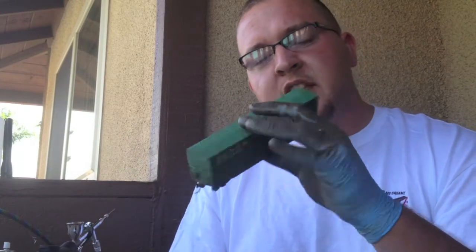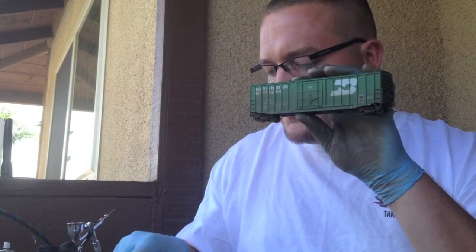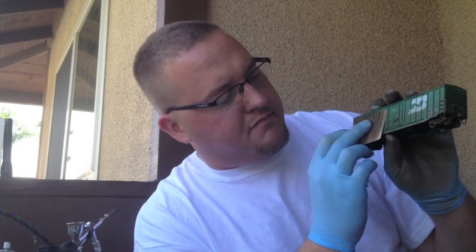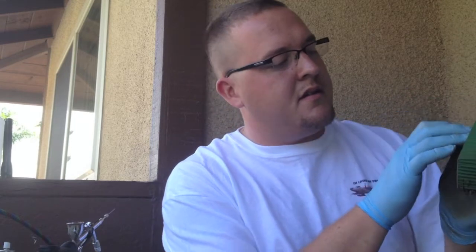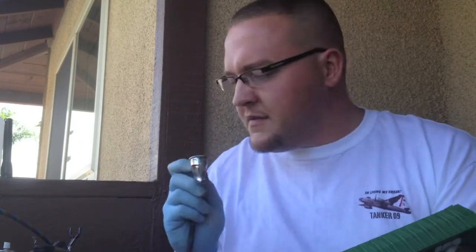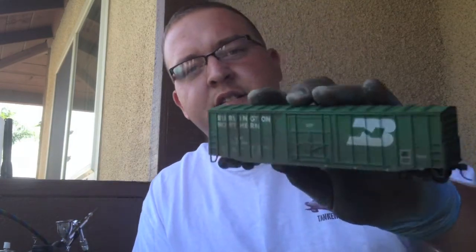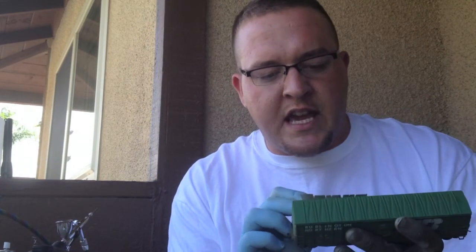So now that we've done our basic fade, I'll teach you how to use our little streak tool here. What I do is I just put it in a random place, nothing specific, and I'll take my airbrush and just go over it lightly, nothing fancy. As you can see there, the streaks have already started to show up. So that's one side, and I want to keep it as random as I possibly can. You don't want this to be